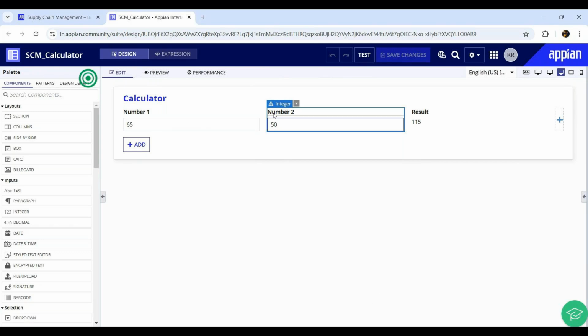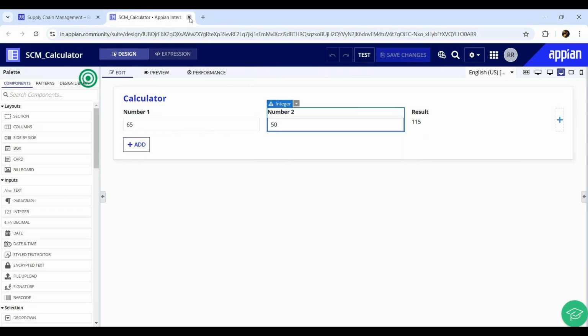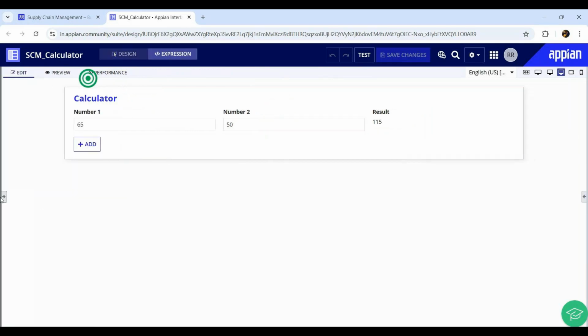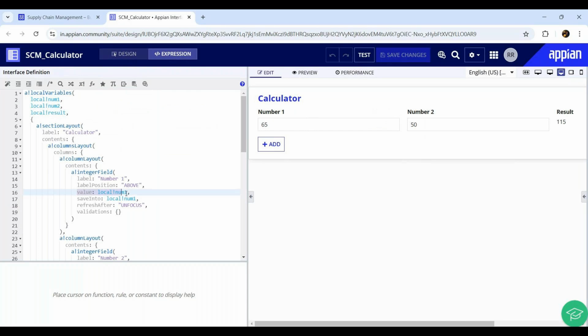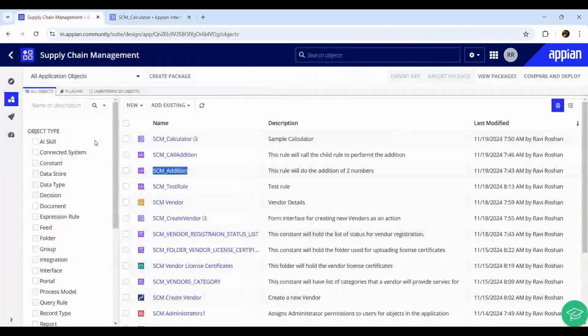All right. Then this is about the interface. Now let me explain the interface that is being designed by Appian and how it works. So right now, what is happening? We are using these local variables, right? So you see that in the save into parameter, it has the local num1, local num2, and all. Now, if I go and open the interface that was created by Appian here,